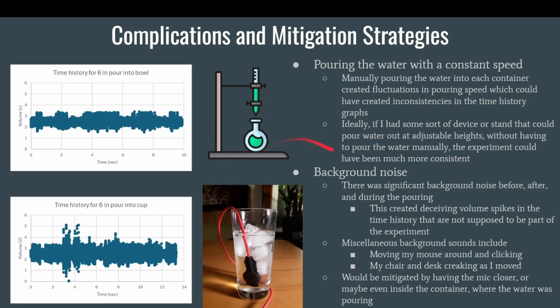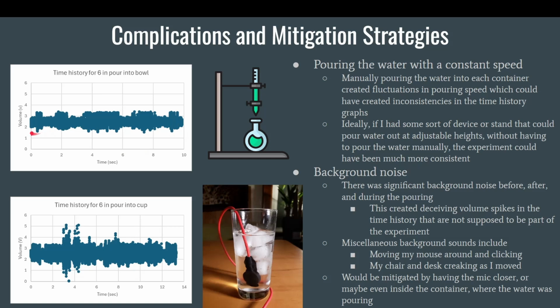And next, there was a lot of background noise when I was doing the experiment. This background noise happened before, after, and during the pouring, which made deceiving volume spikes that made it hard to analyze the graphs in post. Miscellaneous background noises include just moving my mouse around and clicking, or my desk and chair creaking as I moved. And so a good example of this is this